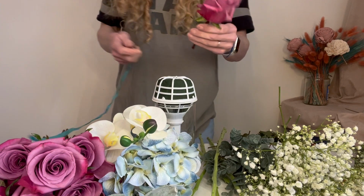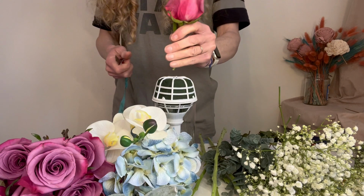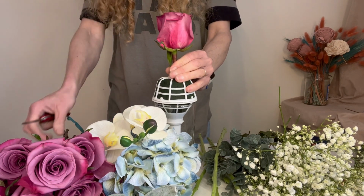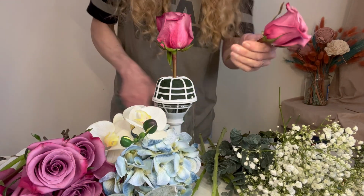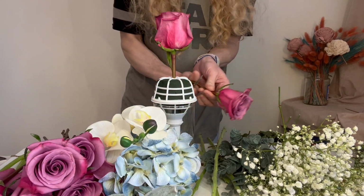Today I'm doing a fresh bridal bouquet using a bouquet holder. So I ordered these bouquet holders online. They're made for fresh flowers. You can switch out the foam within the cage into something more dense if you're doing artificial flowers. But I went ahead and used the fresh, and I let the bouquet soak in water